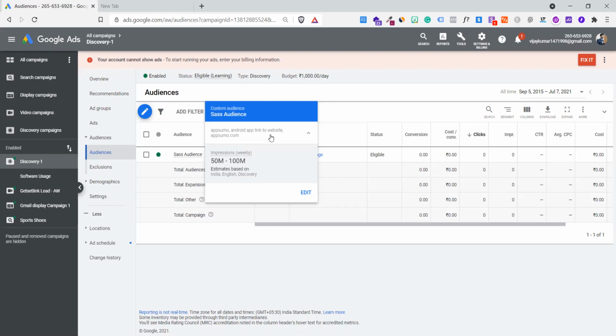If you want to target any kind of brand that already exists, just create a custom audience of those who are looking for shoes. If you want to create a new shoe brand, target audiences already interested in Puma shoes or Reebok shoes. If you are a new shoe company and want to make an audience aware that you are also a new company, create a custom audience from their websites, Reebok.com, Adidas.com.